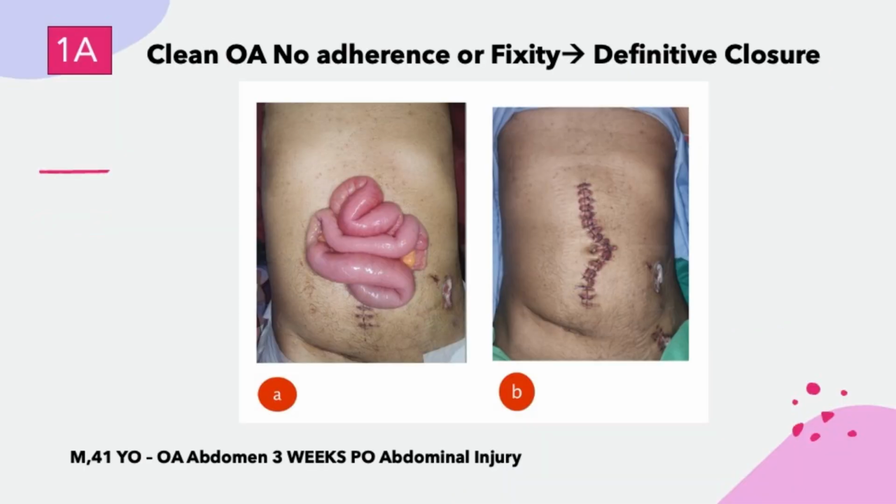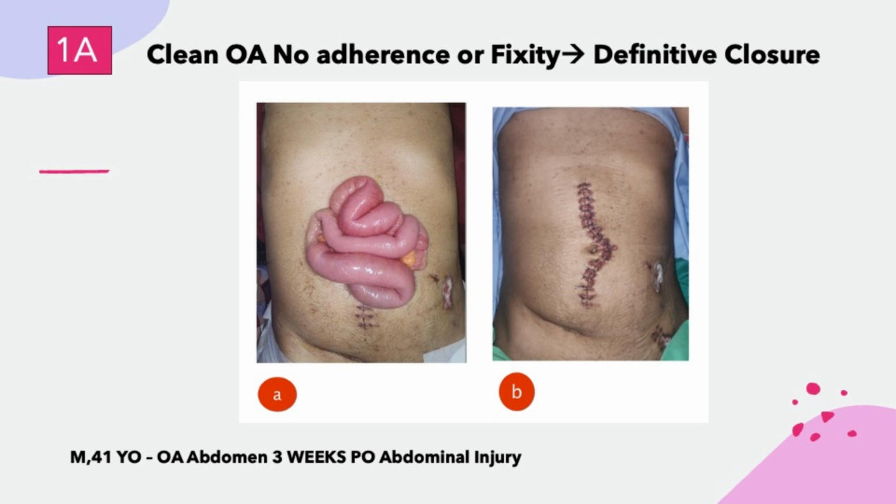A case of a 41-year-old male with an open abdomen (OA) following an abdominal injury 3 weeks postoperatively. Image A displays a clean open abdomen without adhesion or fixation. The bowel loops are exposed, but the absence of adherence or fixation makes this patient suitable for definitive closure. Image B illustrates the successful outcome after definitive closure, with the abdominal wall restored and the midline sutured. This case highlights the importance of identifying clean OA conditions early, enabling timely and effective definitive closure to prevent complications